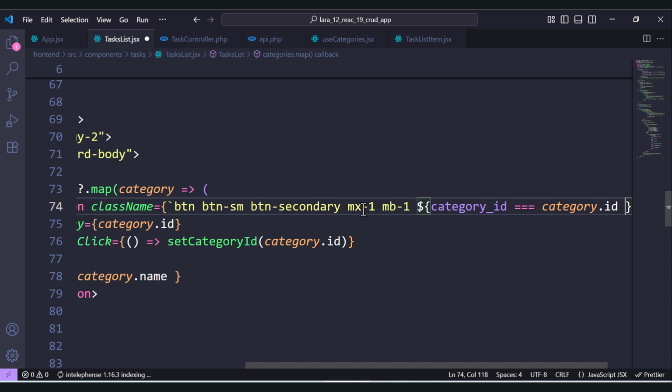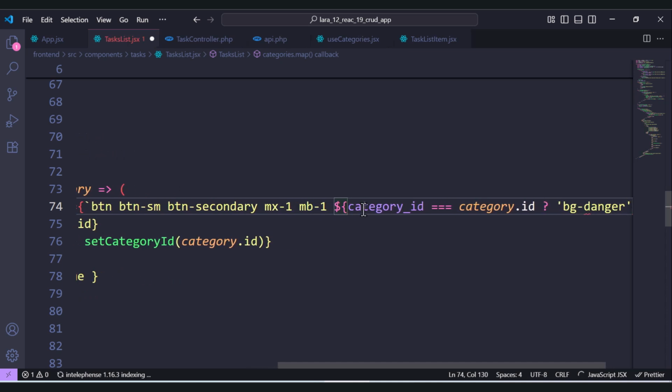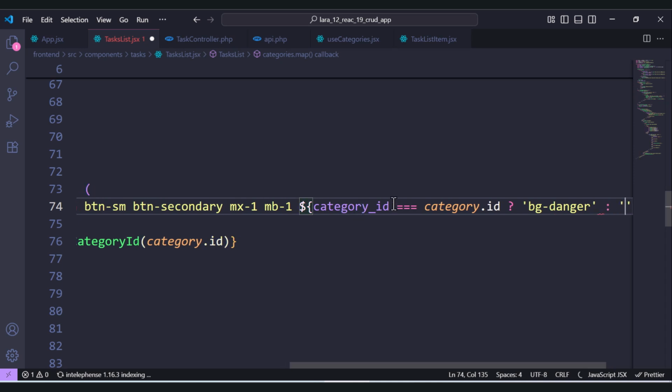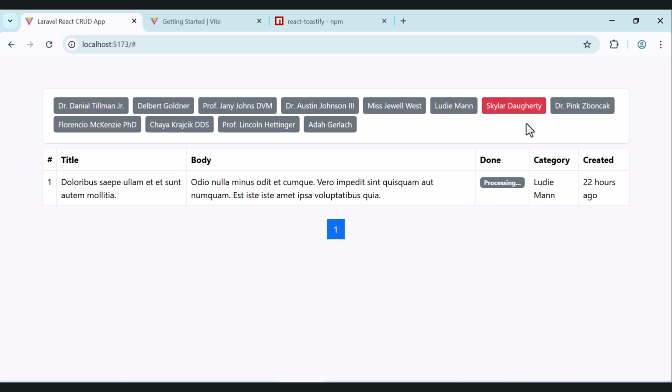So we need to add class. Let's add the bg danger. If not, we add nothing. Okay, so save. Let's take a look and see. So as you can see now, we have the bg danger. Okay,